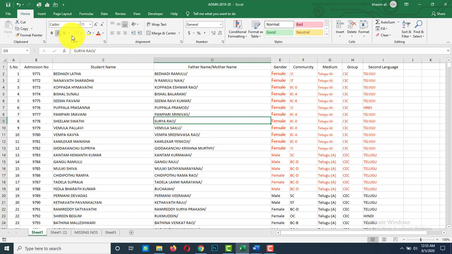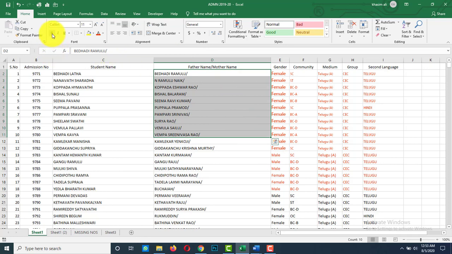Next one is bold, italic, underline commands. These commands can be used to help draw attention to important words or phrases. For example, select the cell you wish to modify and if you click bold, the text is changed to bold. The shortcut key for bold is Ctrl+B, and if you change it to italic, just click on I symbol. The shortcut key is Ctrl+I. If you want to apply underline, click on U symbol. The shortcut key is Ctrl+U. Here, a drop down list is there. From here, you can apply double underline also.